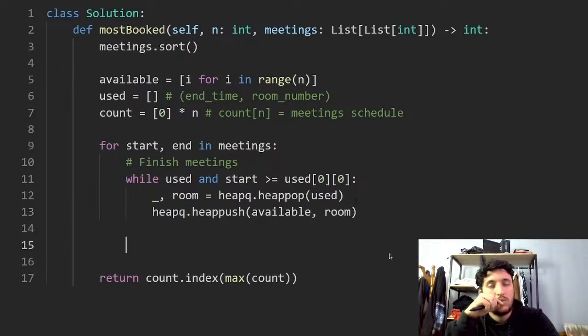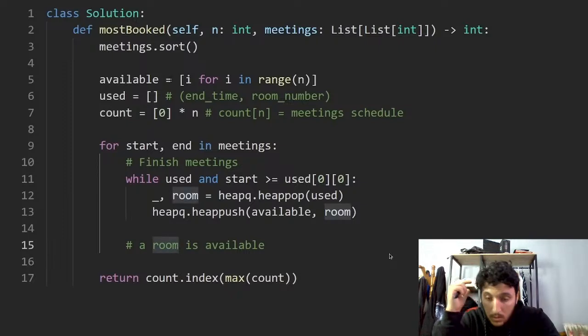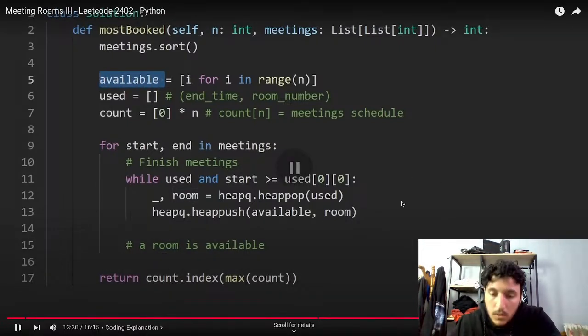Okay, that's part of the simulation. And now we have two cases. Either a room is available, in which case we should take this meeting and schedule it, and basically get a room number from available and then schedule